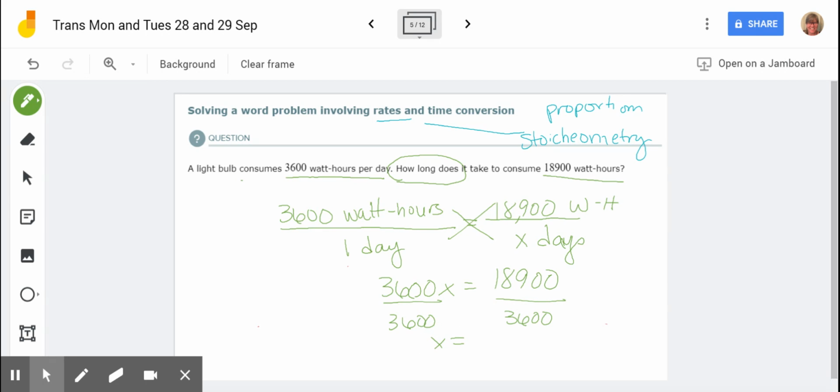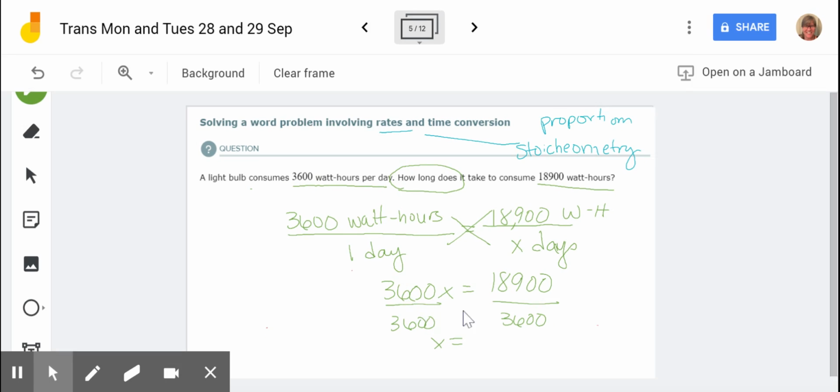Let's go to the calculator. 18,900 divided by, what? Why can't I remember two numbers in a row? 3,600. Seriously. Brain dead. 5.25. All right, so that means that it would take